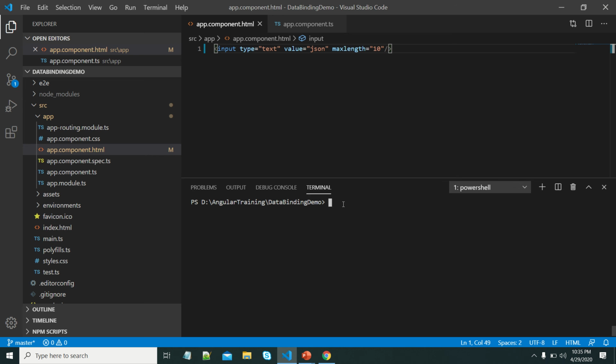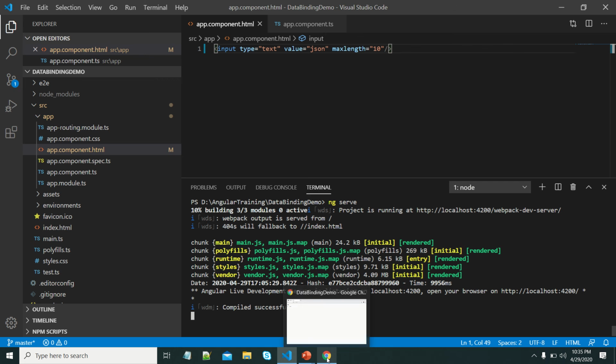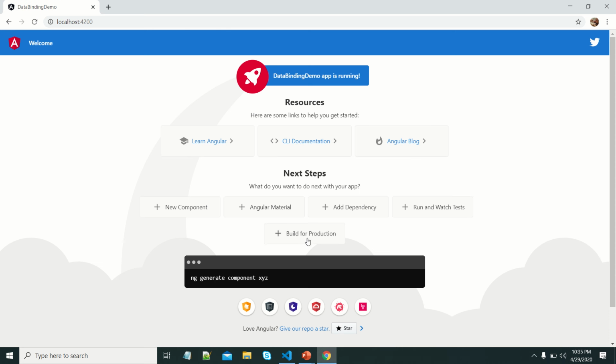Let me try to run it. Compiled successfully. Let me see the output here. We can see that the value is JSON and an input text box is created.